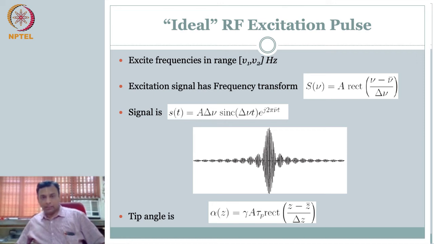If you do that, that means your Fourier signal is a rect in the frequency domain. It has only frequencies from V1 to V2. Anywhere else, it is zero. This is your frequency signal. So if this is the frequency response, the time domain signal that you're going to apply is going to be, rect is going to be sinc, right? So your signal S of t will be a sinc function, which exists for a long duration, right?